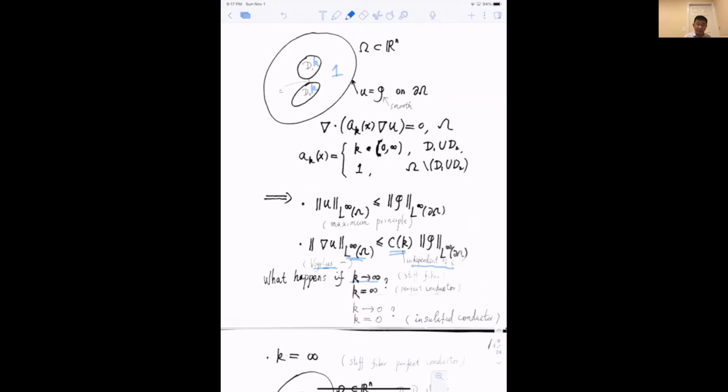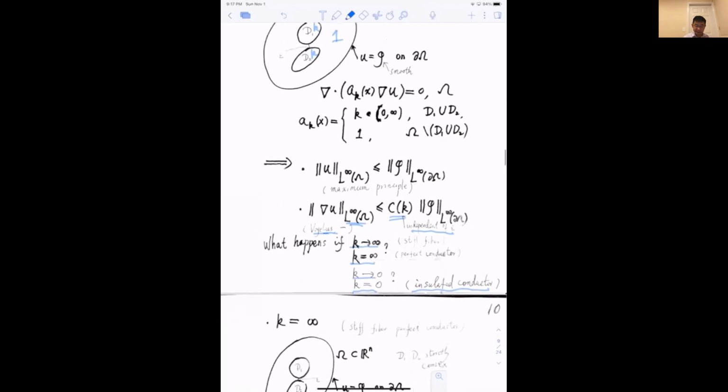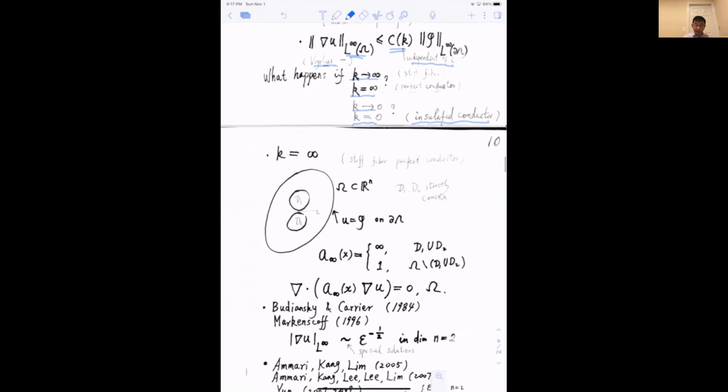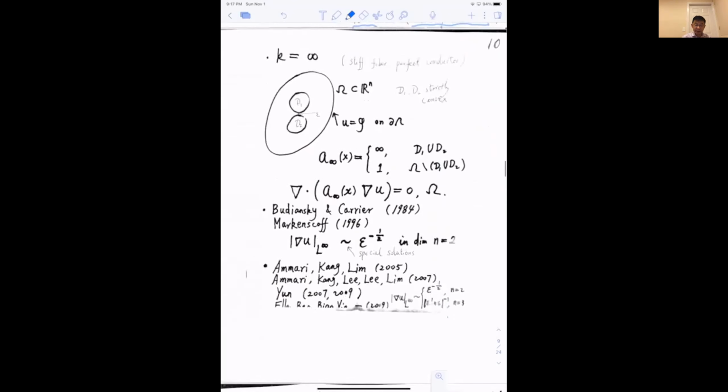So what happens, for instance, to this gradient bound for K equal to infinity, or K equal to 0? This is the insulated conductivity case. So we have some new result recently for this case. So how about for K equal to 0, goes to 0? So for K equal to infinity,